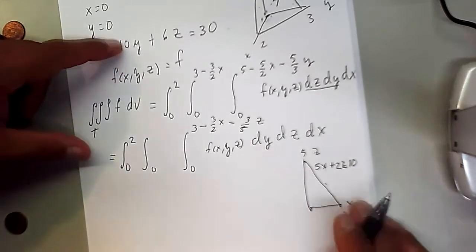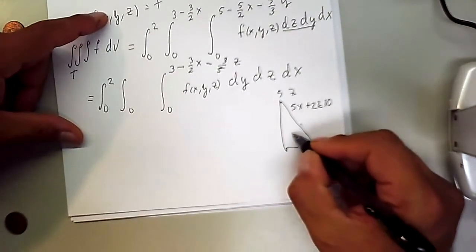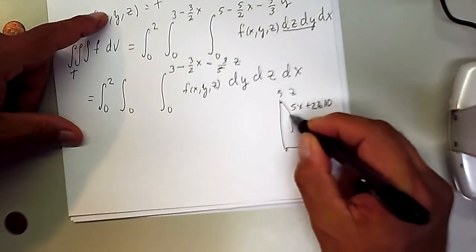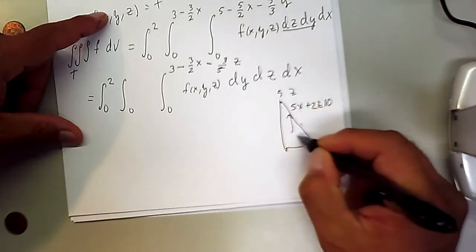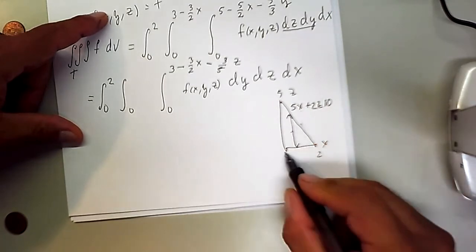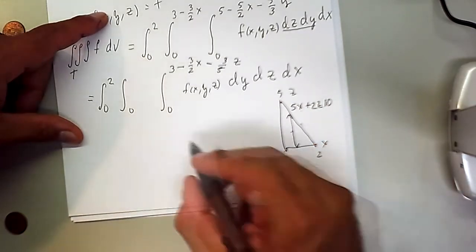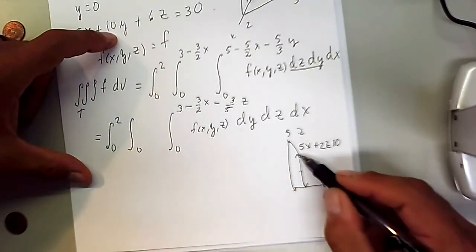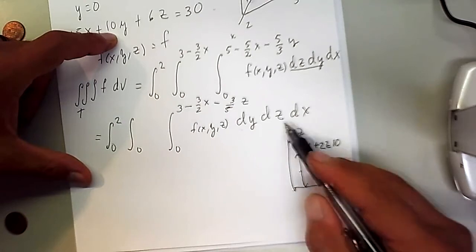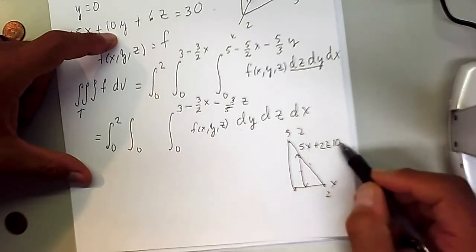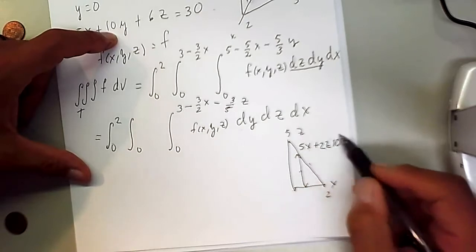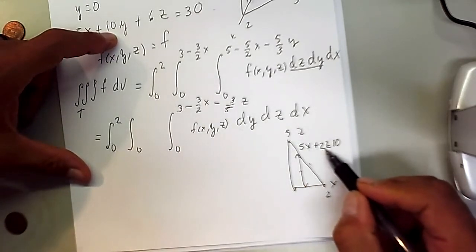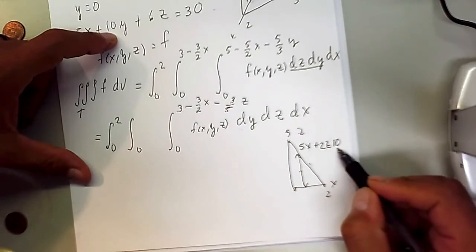Okay. And if you're in a spaceship here and you're going in the z direction, you're going to bump into this diagonal, and down here with a z of 0. The upper limit is going to be a z value, because we're integrating with respect to z, corresponding to this equation. So we need to solve this equation for z. And that's going to give us, divide by 2, so